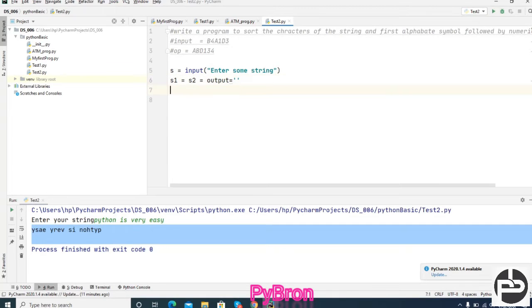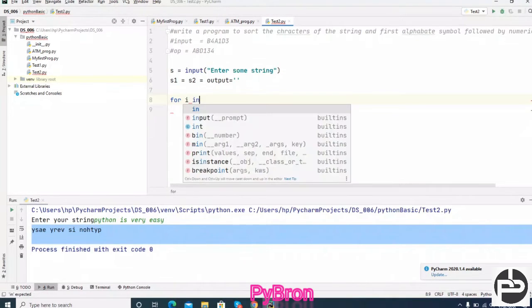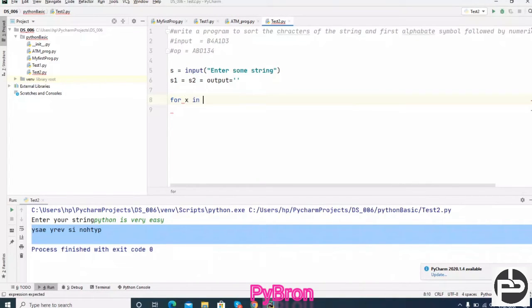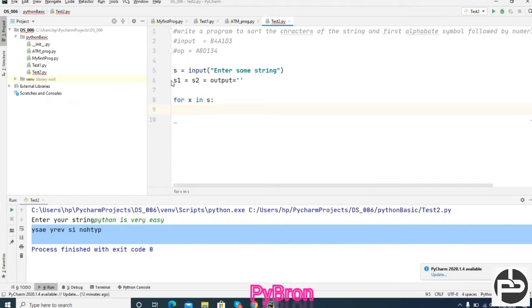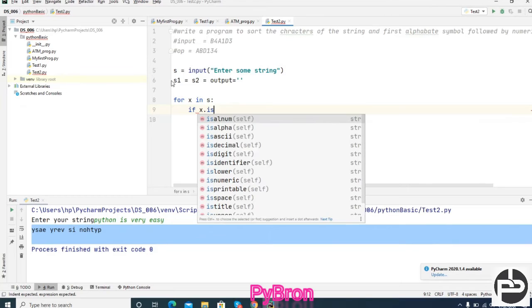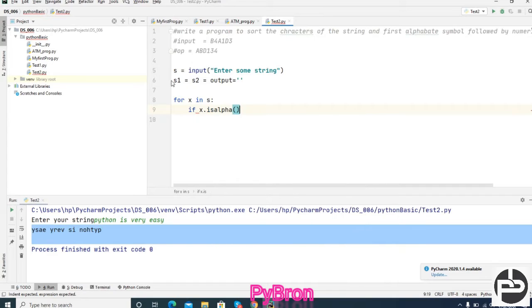Okay. Now just try to understand. for x in s, and then what we have to do: if x.isalpha(), first we have to check if x is an alphabet. See how it is going to happen. Suppose I have given here Python. I am going to iterate with the help of a for loop.